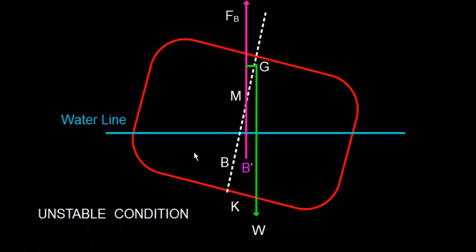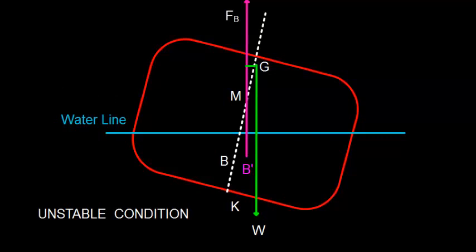So what happens as the vessel heels towards this side, the center of buoyancy shifts from B to B dash. If that happens, the force of buoyancy, instead of acting from B, will start acting from B dash. So here we can see a capsizing lever is formed, which will have the tendency to capsize the vessel further. Now we will examine whether she will continue capsizing further or there will be something else.